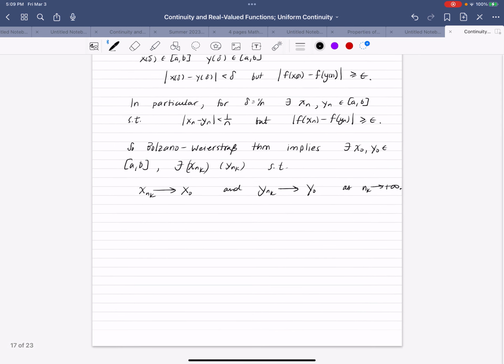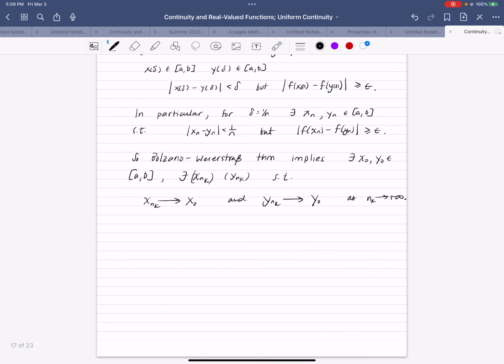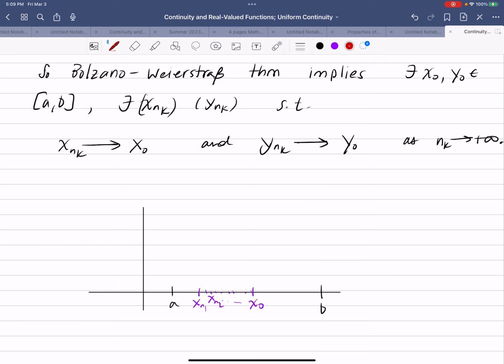So here's the deal. Let me just draw a sketch so that you can see the problem. Because my function is continuous, I have the xnk's going to x naught and the ynk's going to y naught. Remember, the xnk's and ynk's are getting close to each other. Here's my xnk going to x naught, xn1, xn2, right? And then I have my ynk's going to y naught,